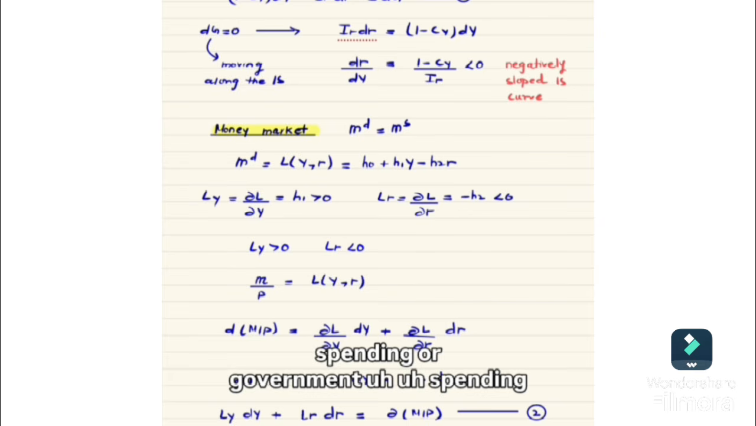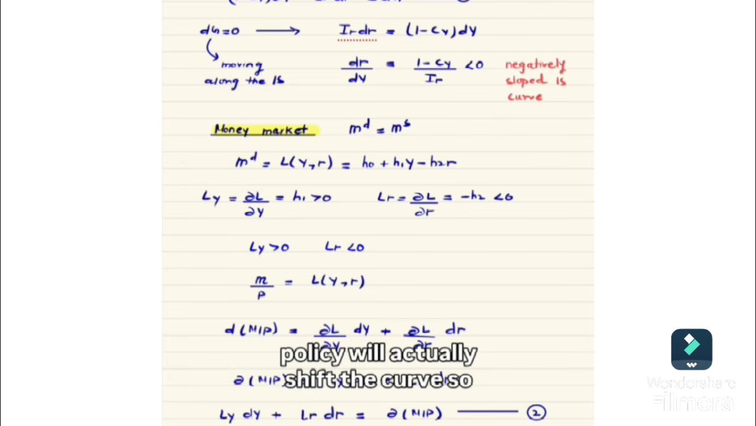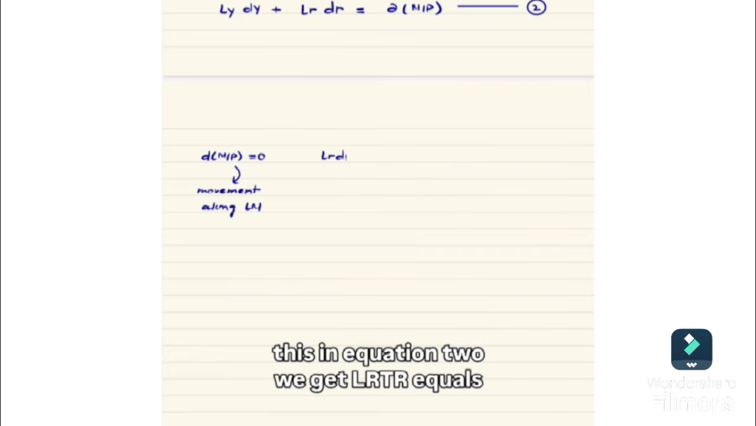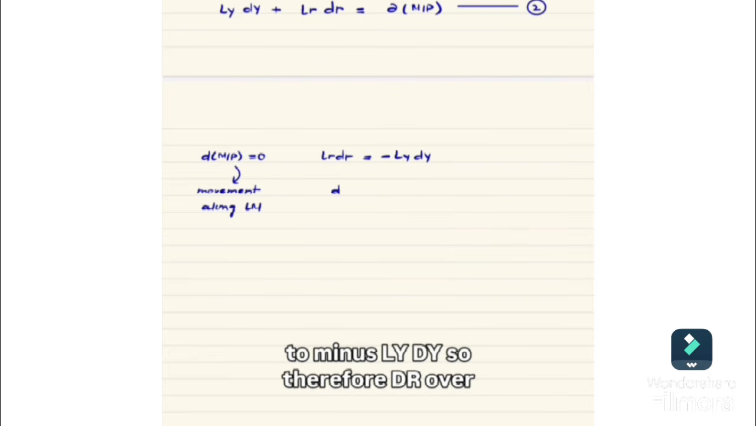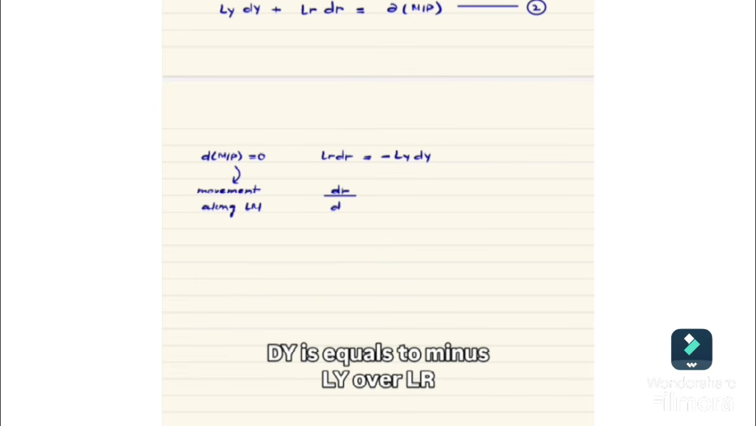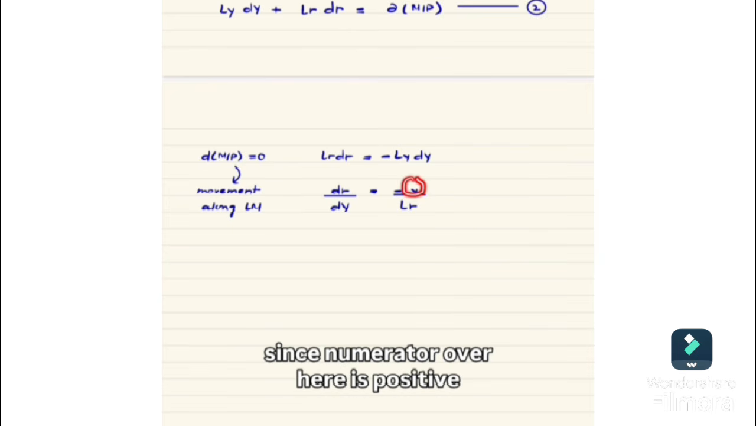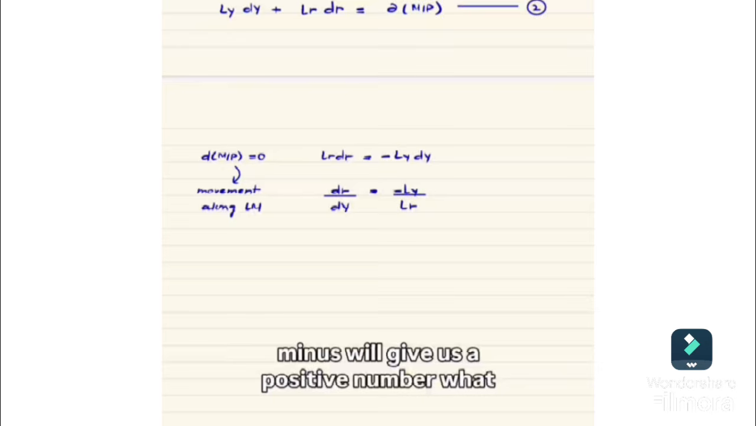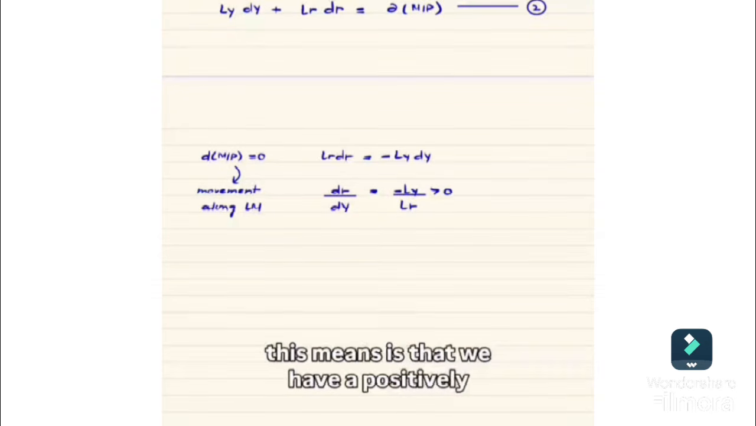So, coming back to here, when we put this in equation 2, we get Lr dr equals minus Ly dy. Therefore dr over dy is equal to minus Ly over Lr. Since the numerator over here is positive and the denominator is negative, a minus into a minus will give us a positive number. What this means is that we have a positively sloped